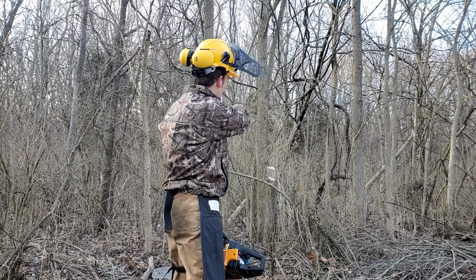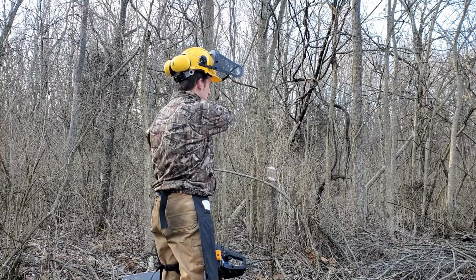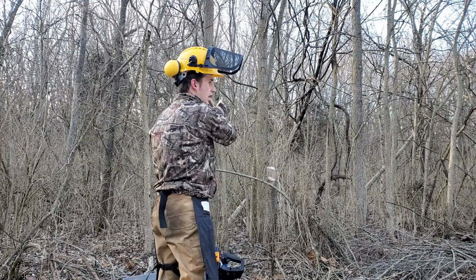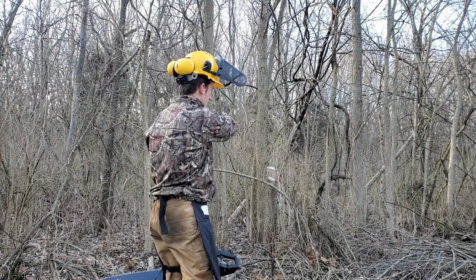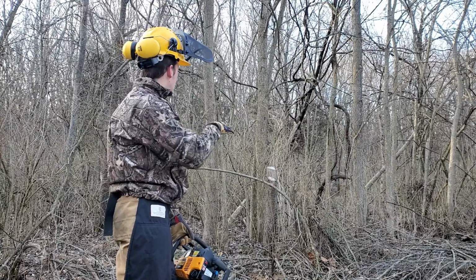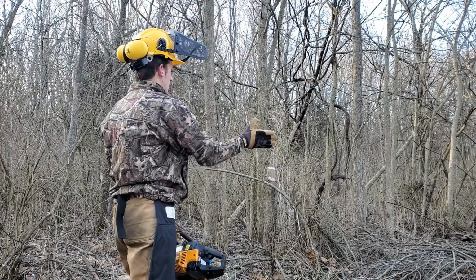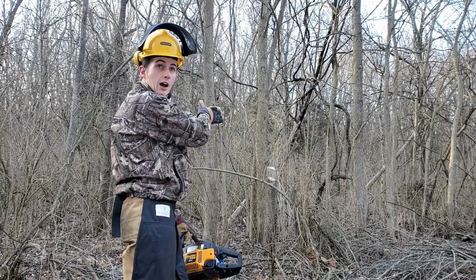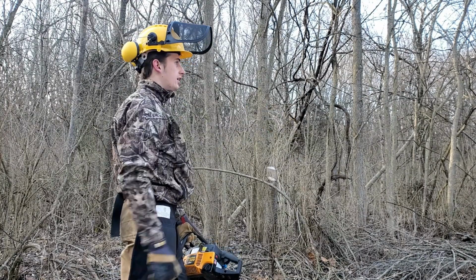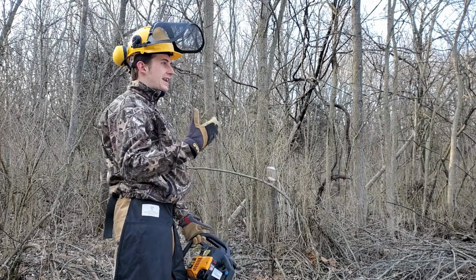Right here, I got a trail. It comes off a hill back there. There's a bedding area, and it works well for like a north-northwest wind. They'll travel right through here. So when I'm coming along this and edge feathering it or widening it out, I need to keep in mind, I want to keep that trail. So as I go this way, I don't want to get rid of that whole trail. It kind of funnels them right in here. So I don't want to get rid of that,